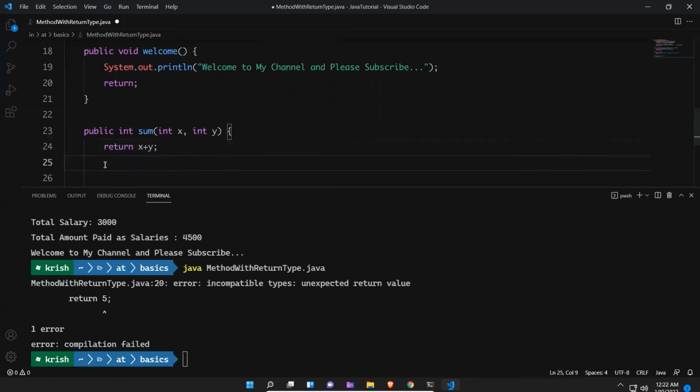Then I'm writing system.out.println again: I am calculating sum of two numbers. So when I try to execute this,